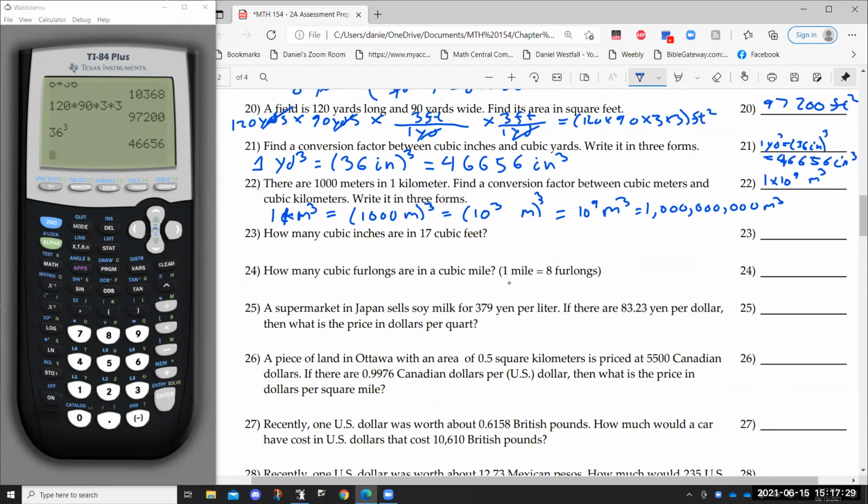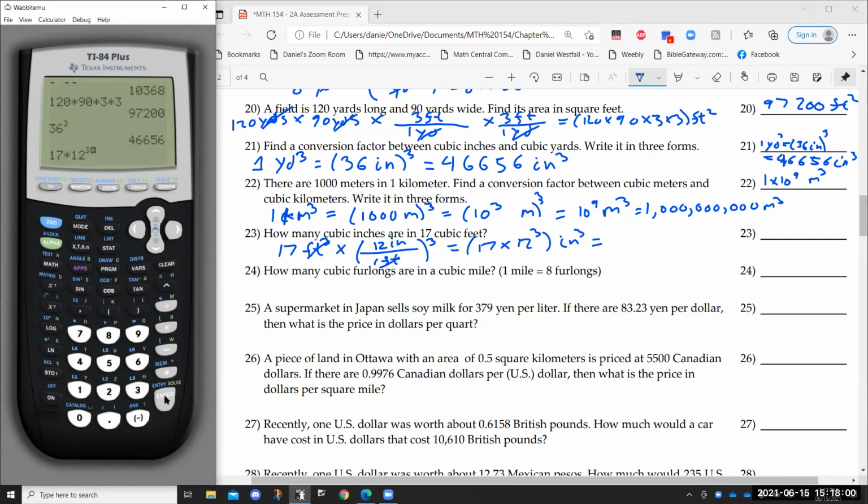How many cubic inches are in 17 cubic feet? A foot is 12 inches. 1 foot, 12 inches. You need to cube this, equal to 17 times 12 to the 3rd cubic inches. It's going to be